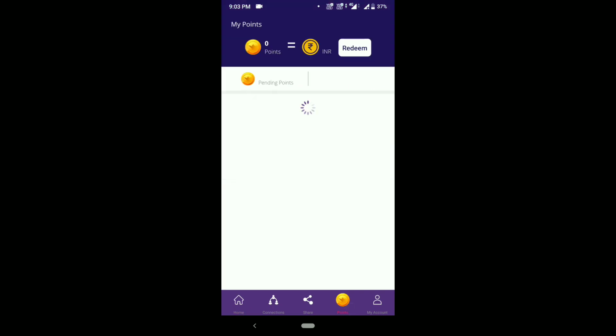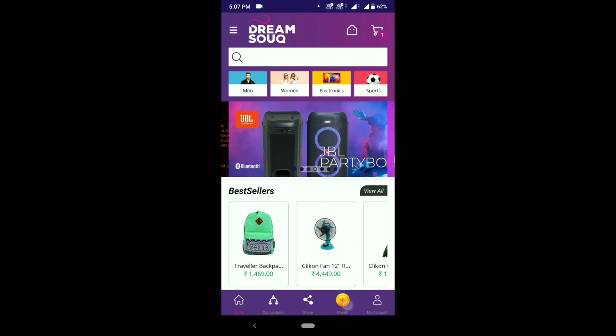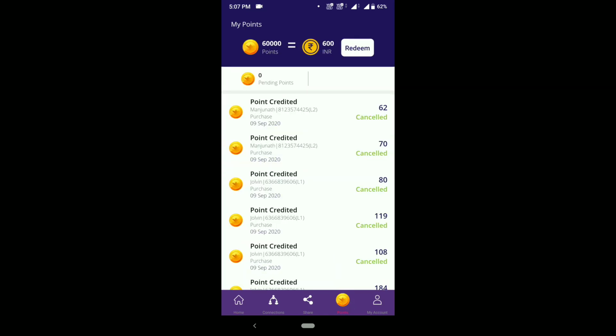Once you enter the code and click on continue, you will be redirected to this page. Once you are on this page, just tap on the points. As you can see here, presently I have 600 rupees. You can earn more by referring your friends. For each referral you will get 25 rupees, friends. And if you download through my link and add my coupon code, you will also get additional benefits. Once you refer your friends, just click on redeem.